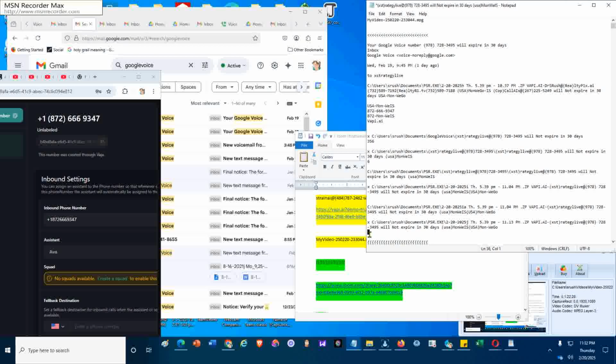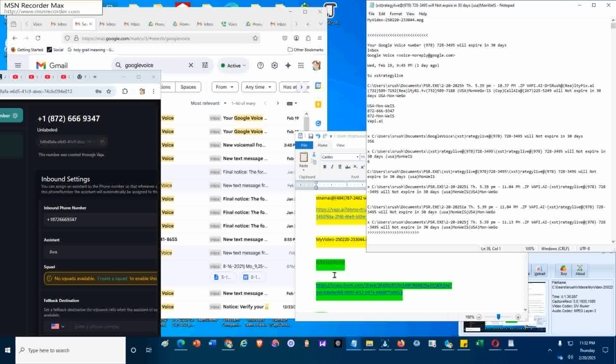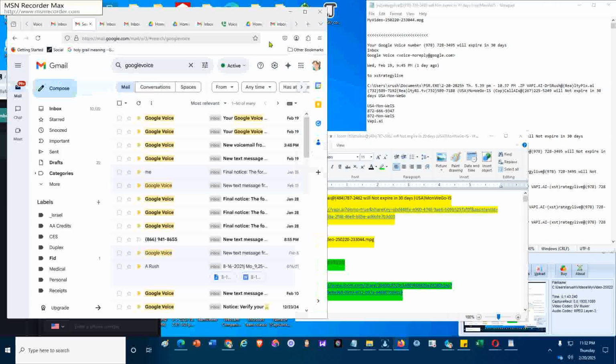and then at the end, close trend and enter, and file save. And this one, file save. Now I want to go back to the Google Voice,